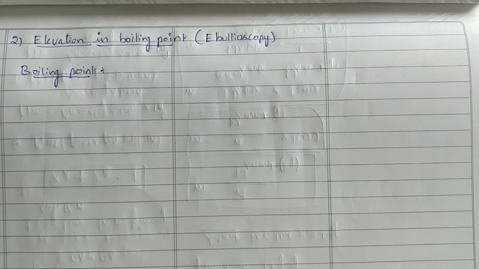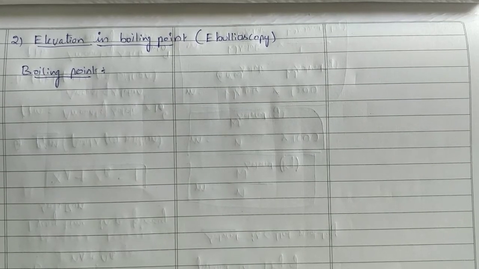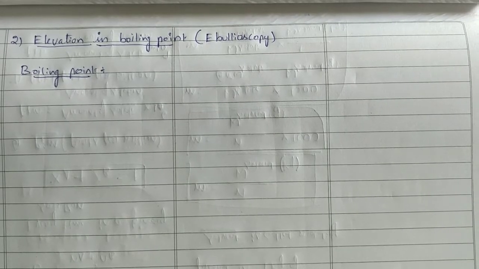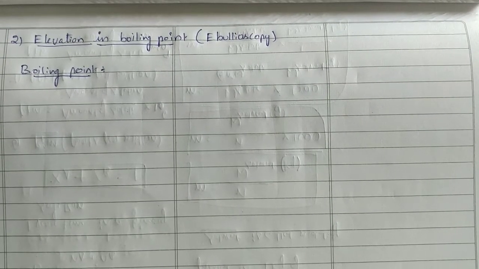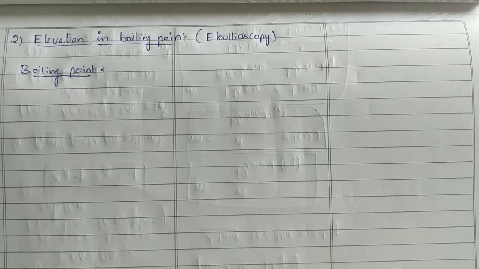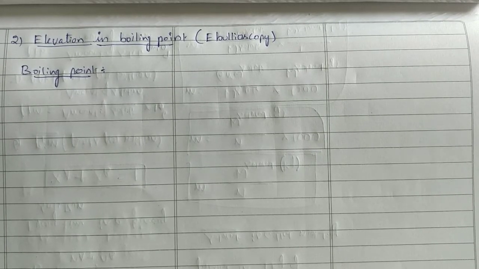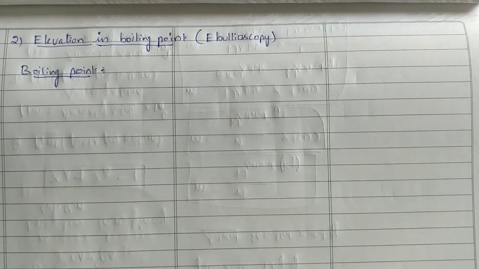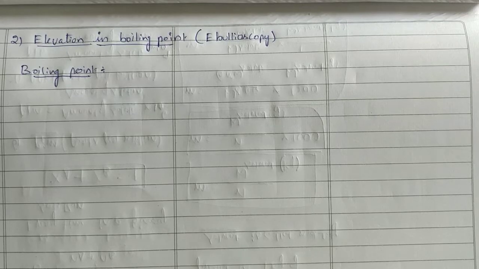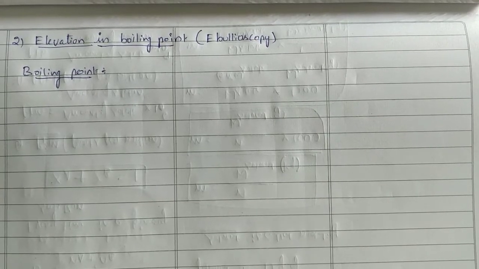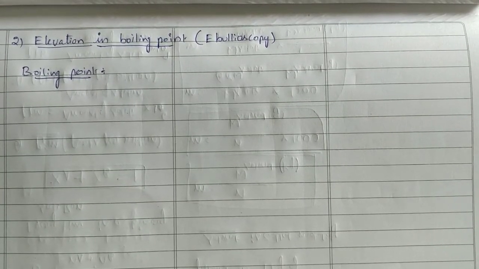But practically, all the students know the boiling point of water: 100 degrees centigrade. If the boiling point of water is 100 degrees centigrade, then how does it change from liquid state to gas state at 45 degrees only? The meaning is that it is not at all correct. The temperature where liquid is converted to gas is not the definition of boiling point. Then what is the actual definition of boiling point?